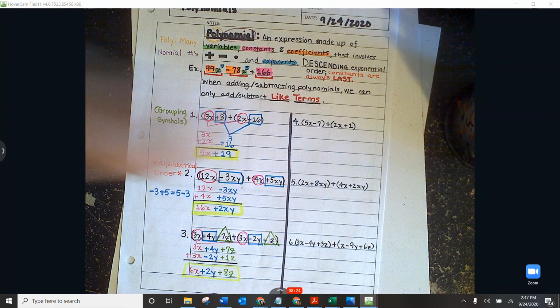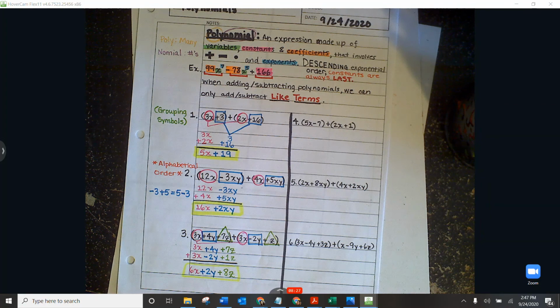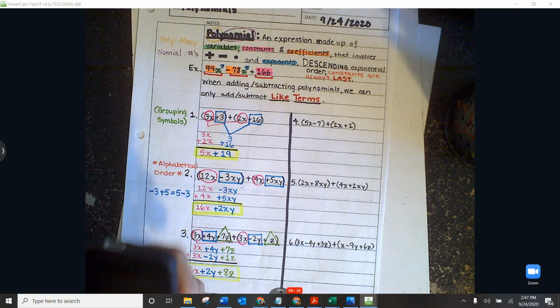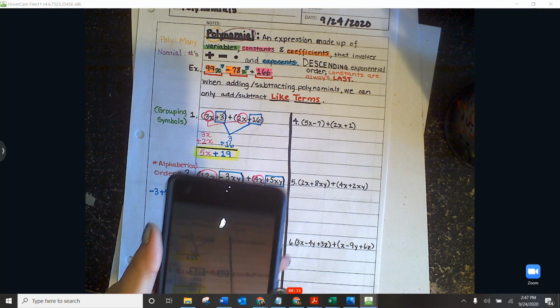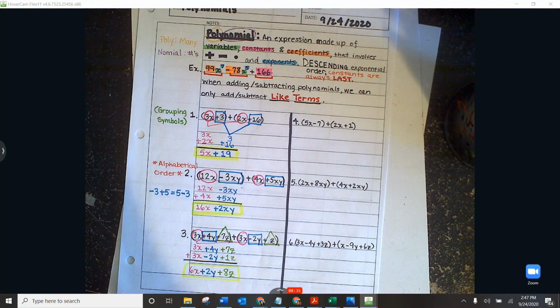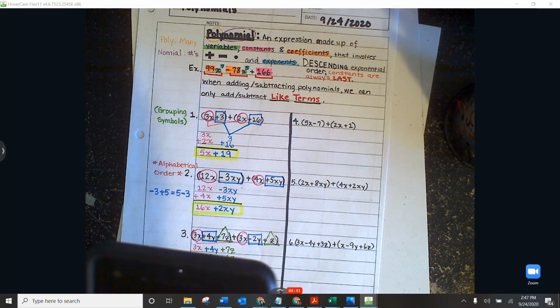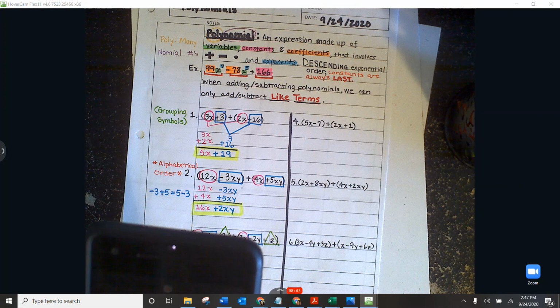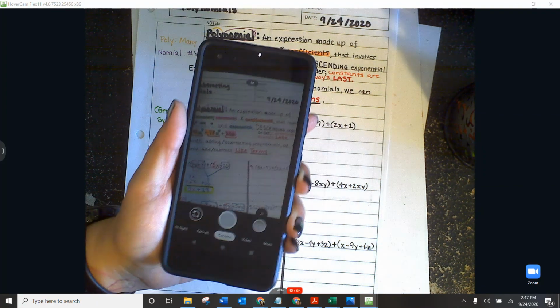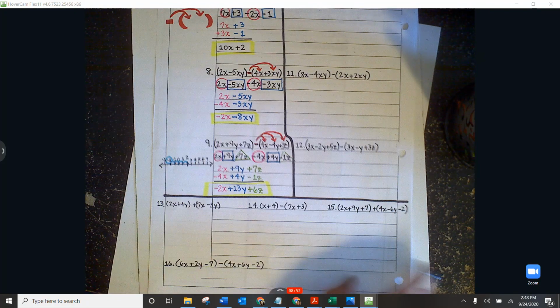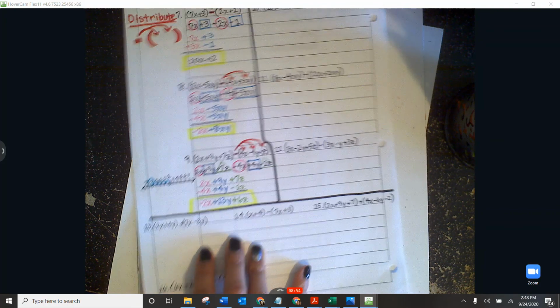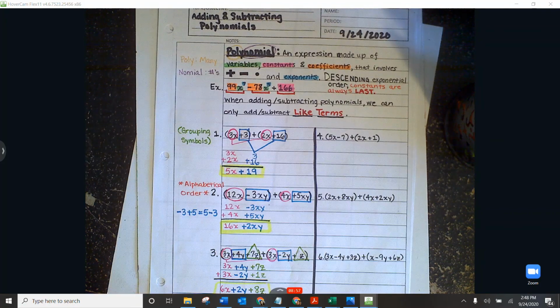Okay, so now if you did your notes together with your work like I did, then what you're going to do is take your cell phone and, once you're done, make sure that you guys can see that. You're going to angle and then take a nice picture. All right. So once you have both the front and back, you're going to take a picture, of course, with your work on there, okay? And then you're going to attach it to today's assignment, all right? Should you have any questions,